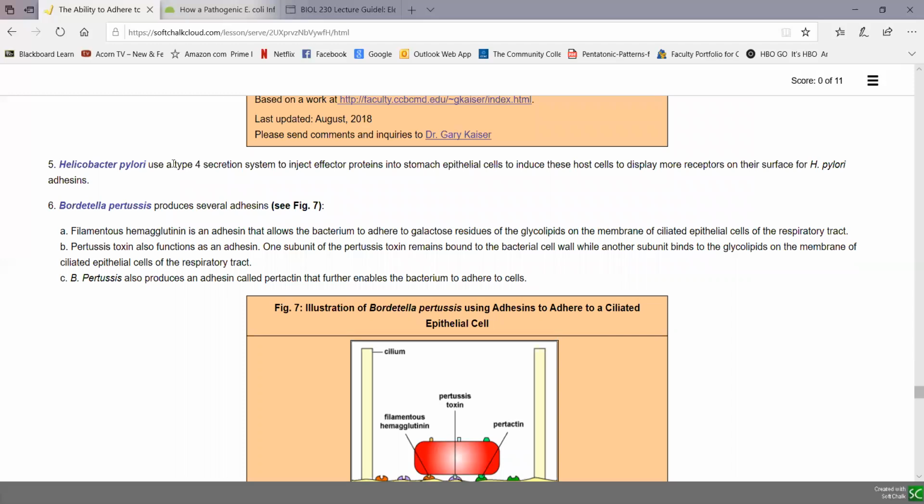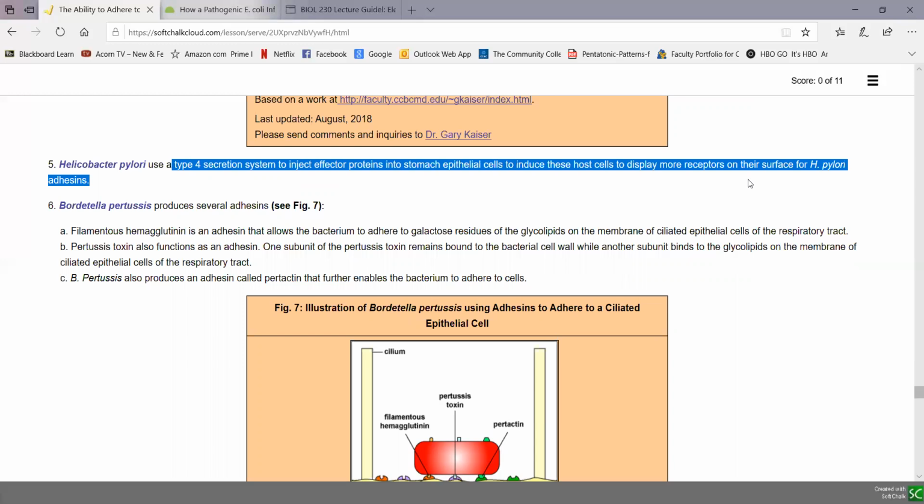Likewise, Helicobacter pylori uses a secretion system, in this case a type 4, to deliver effector proteins that induce host cells to display receptors for adhesins. So often the bacterium itself uses a secretion system to inject molecules into the cell that become modified, insert into the membrane of that cell, allowing a receptor to be on the surface that the adhesins of the bacteria can use to attach